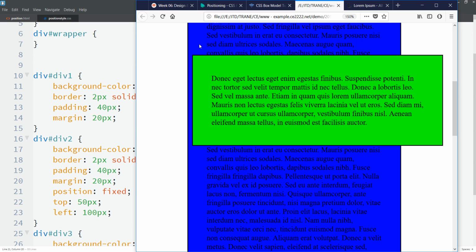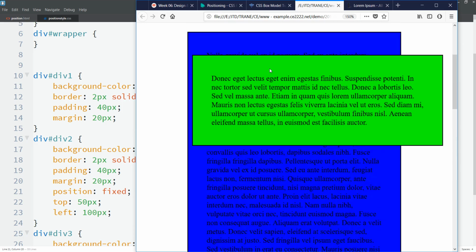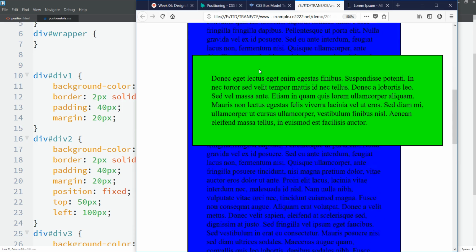So when it's position absolute, it's 50 pixels from the top of the content and moves with the rest of the content as I scroll. But with position fixed, it's 50 pixels from the top of the window, so as I scroll, it's always going to be in the exact same place,